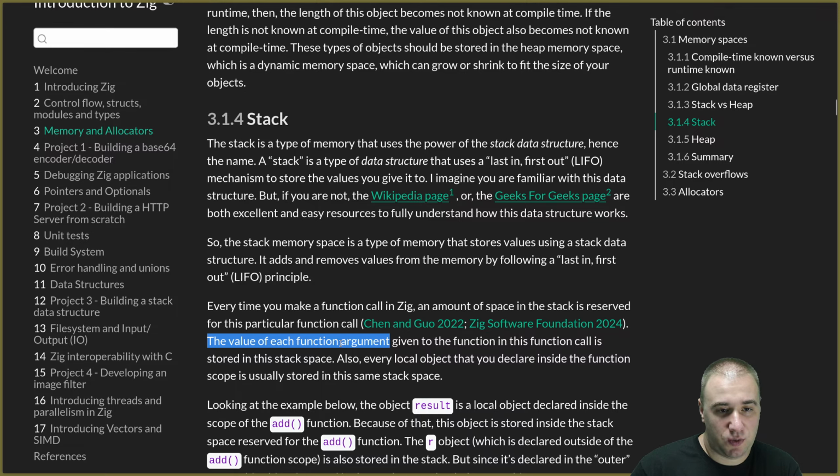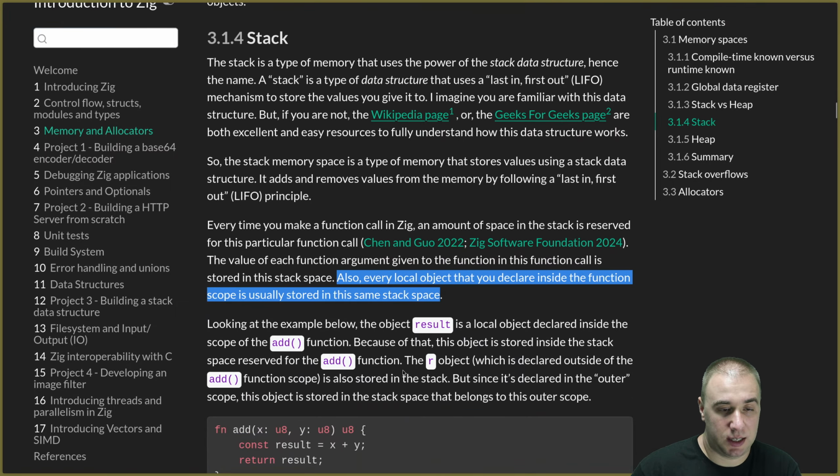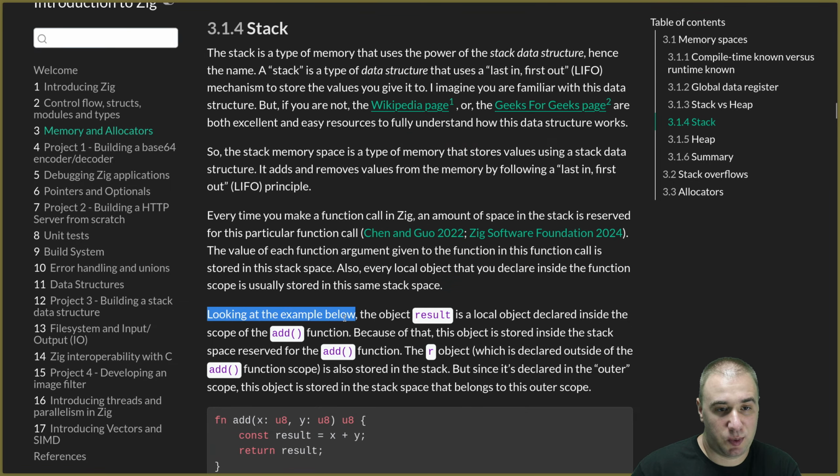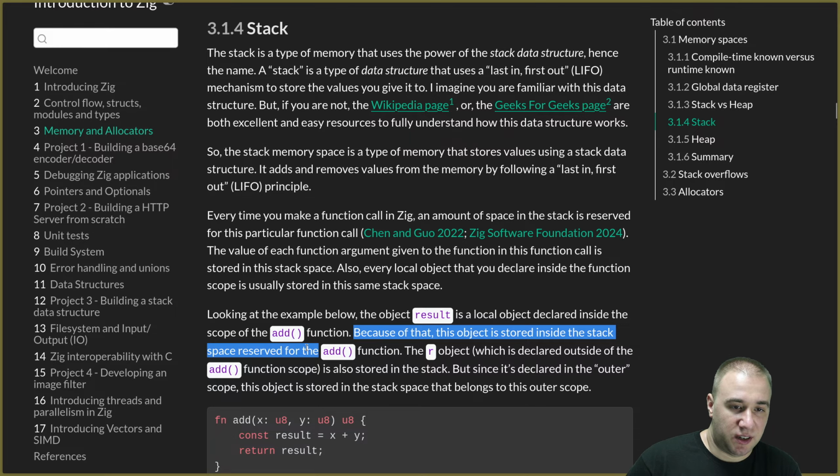The value of each function argument given to the function in this function call is stored in this stack space. Also, every local object that you declare inside of the function scope is usually stored in the same stack space. Looking at the example below, the object result is a local object declared inside the scope of the add function. Because of that, this object is stored inside the stack space reserved